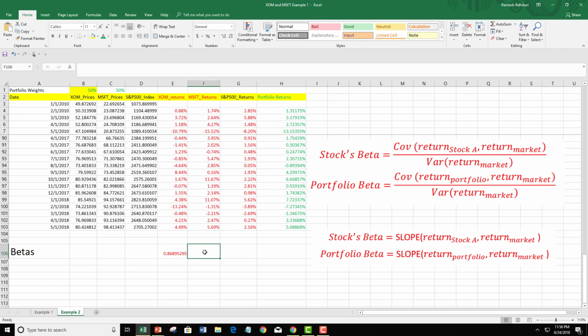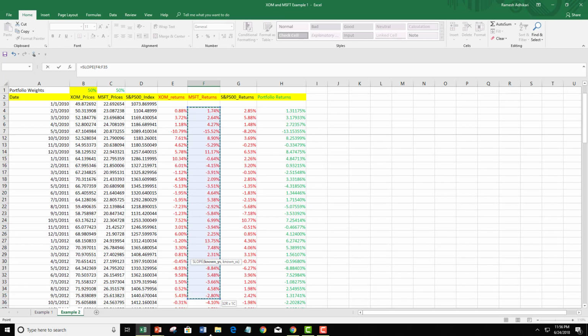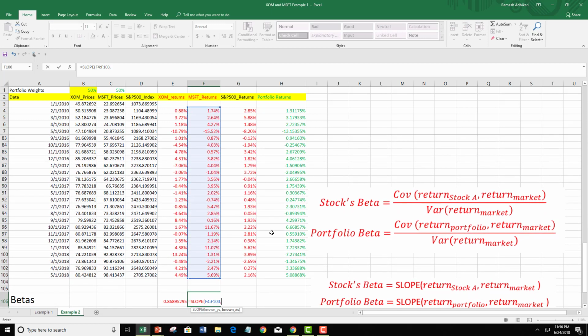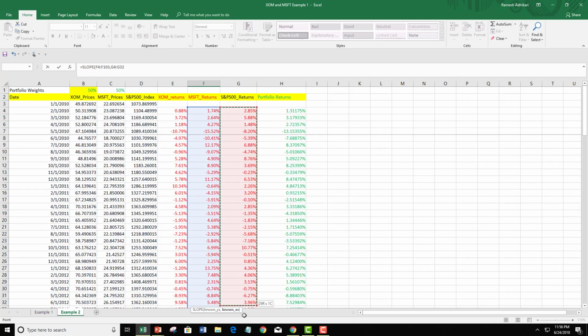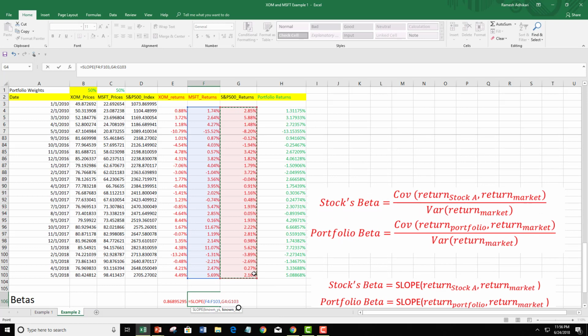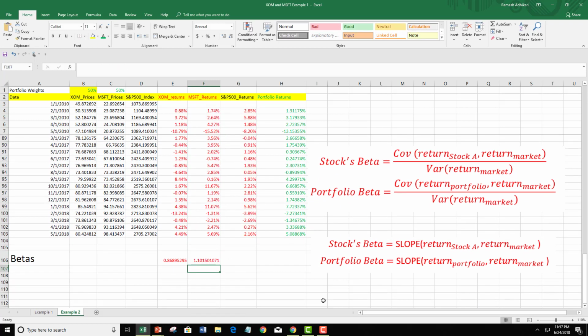Similarly, you can compute beta for Microsoft. That would be equals to, again, slope, return of Microsoft, comma the return of the market. Alright, so once you do this, again you can close the bracket and then hit enter, and that gives you the